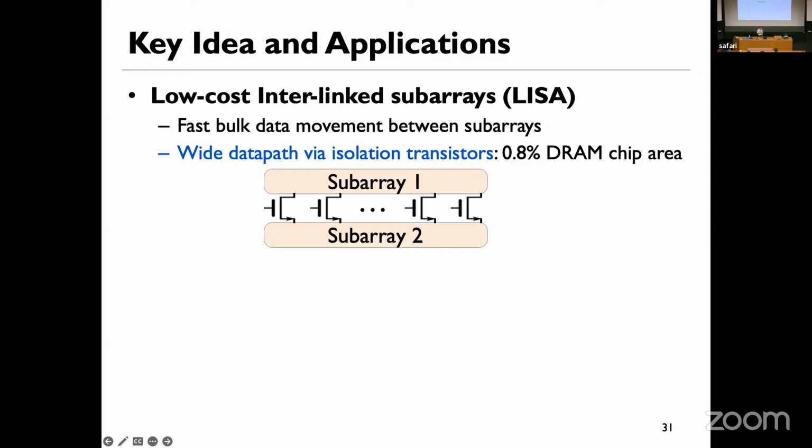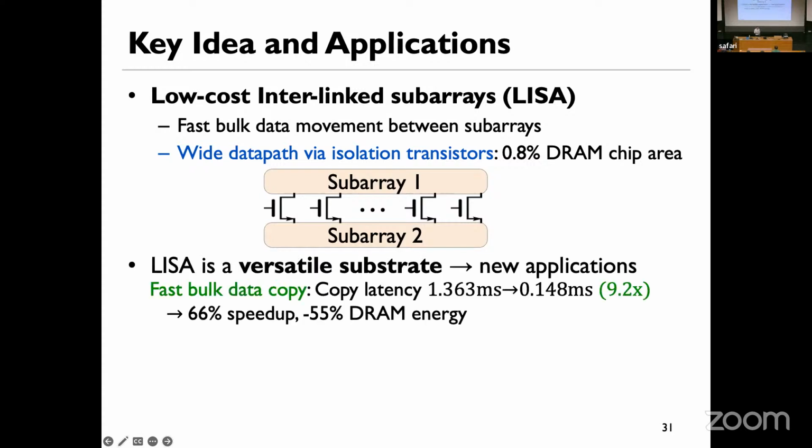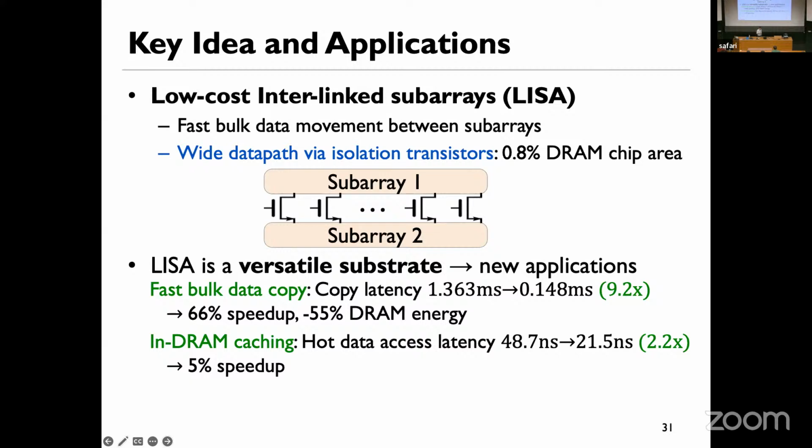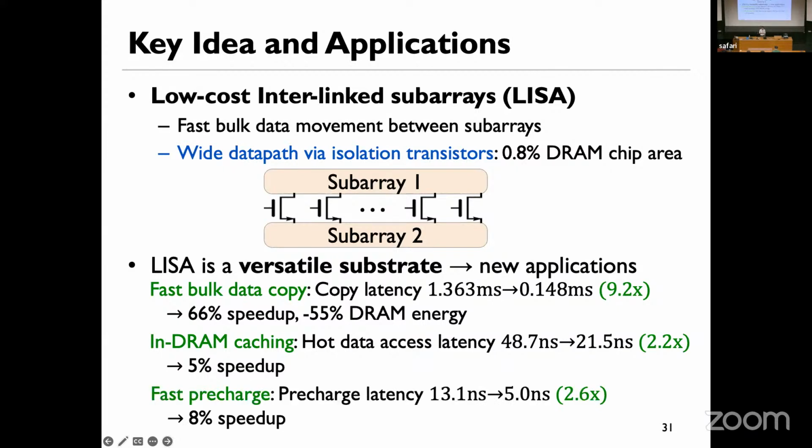interconnecting different DRAM subarrays using isolation transistors. We use these isolation transistors to connect the sense amplifiers of neighboring DRAM subarrays together, and this enables us to copy the data the same way as we were doing before inside the DRAM subarray, with back-to-back activations from one subarray to another, improving performance compared to the other way I mentioned before, which was using the internal interconnect inside the DRAM chip itself.